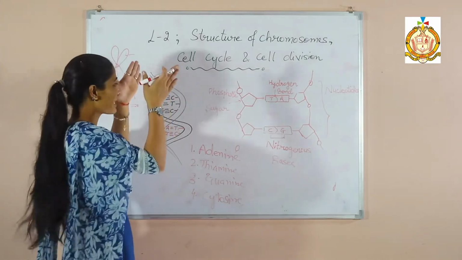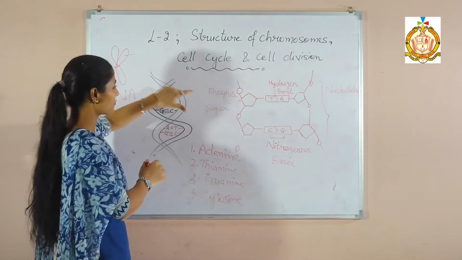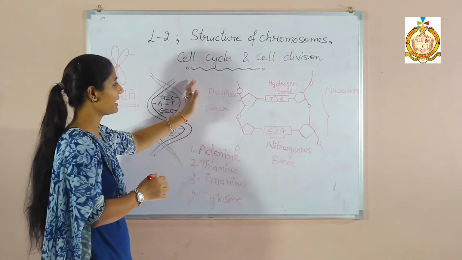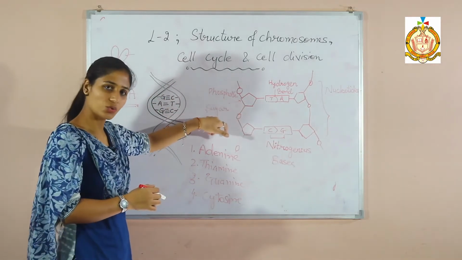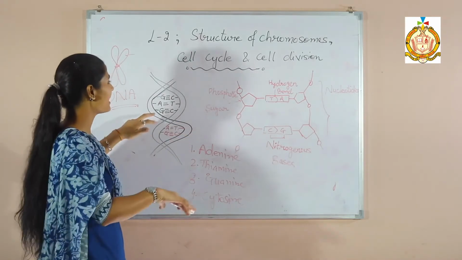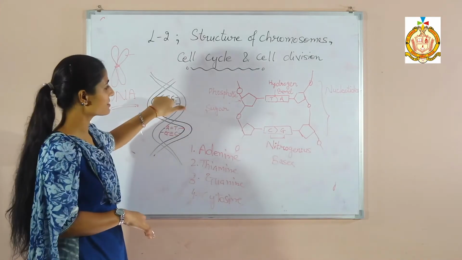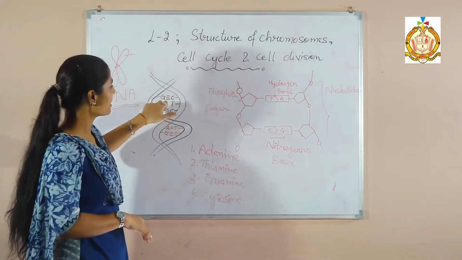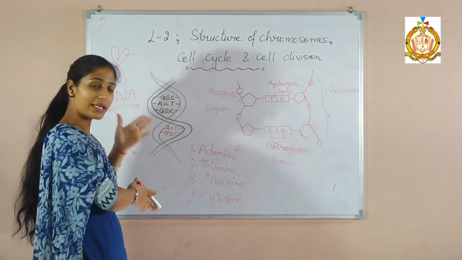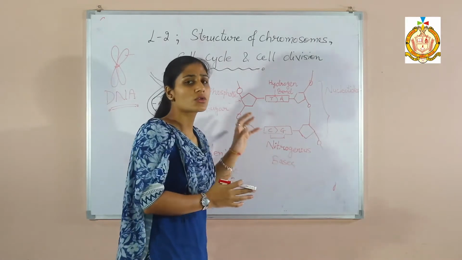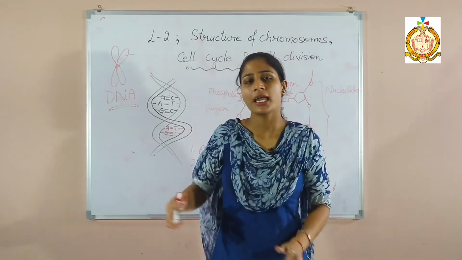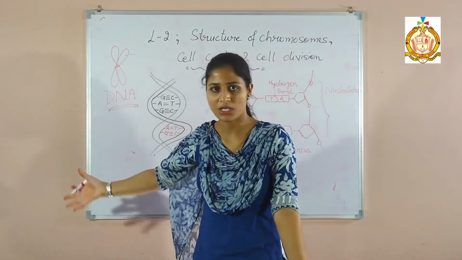Okay, the strands of this letter, of DNA letter, are made up of the phosphate and the sugar, and the rungs of this letter are made up of the nitrogenous bases guanine, cytosine, adenine and thymine. They are attached and they are forming this DNA. So hope you understood about the DNA, and in the DNA also the chromosomes are present.